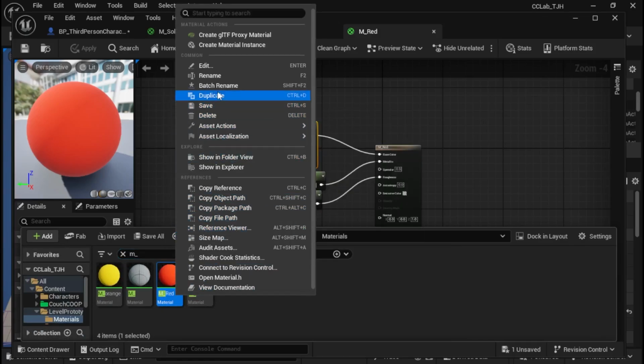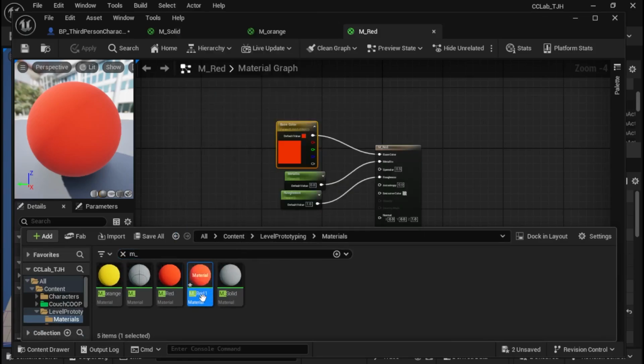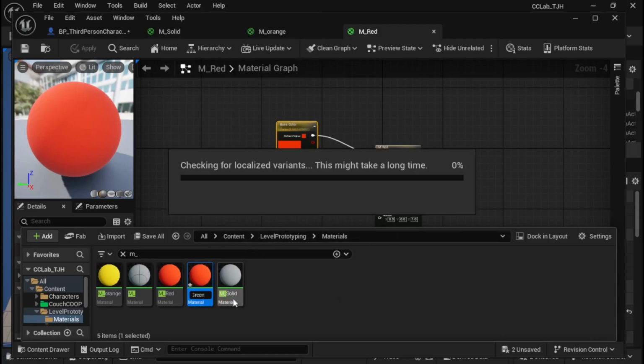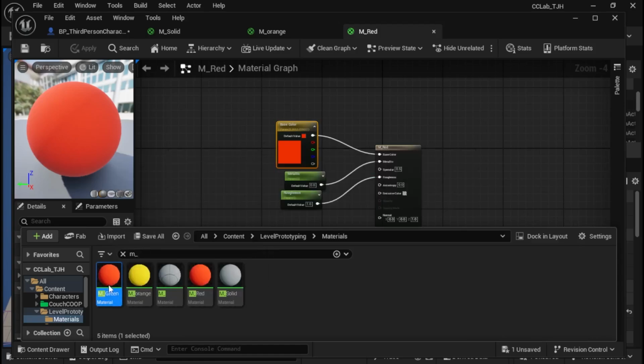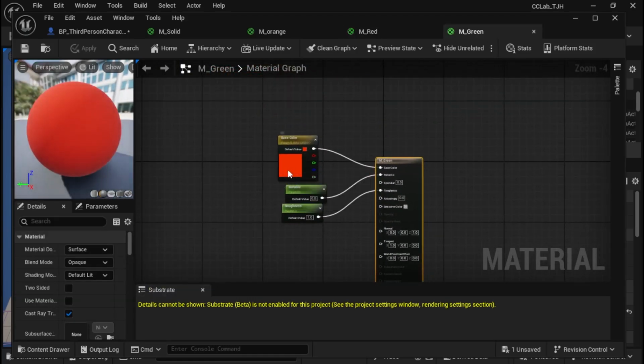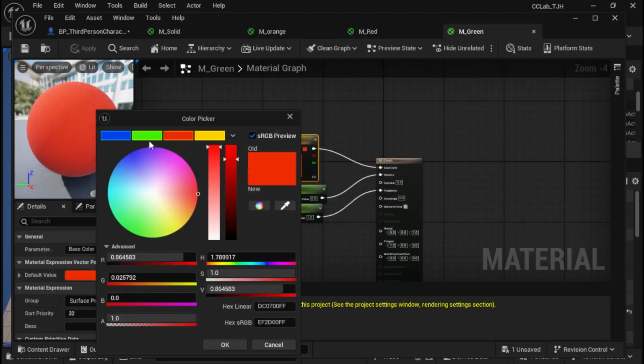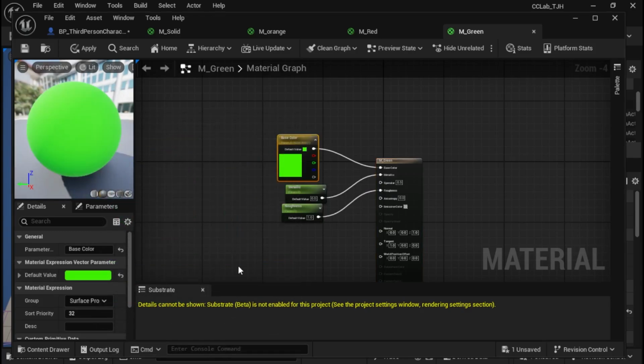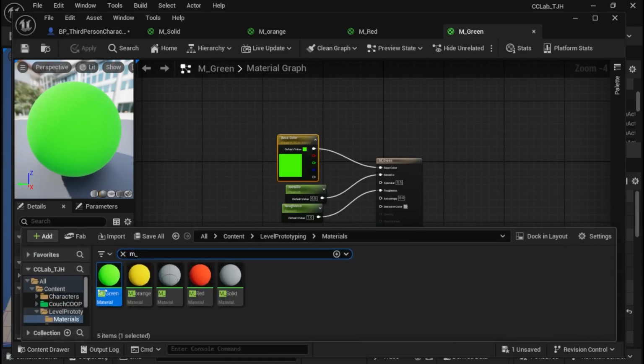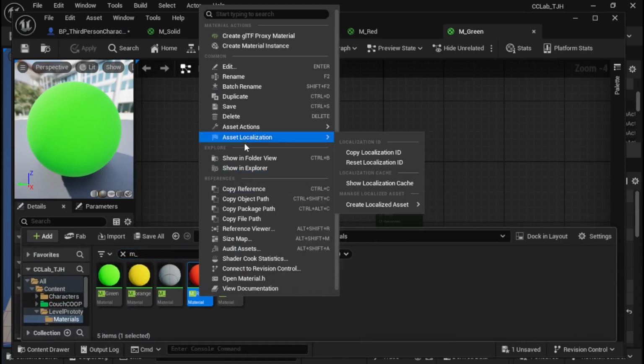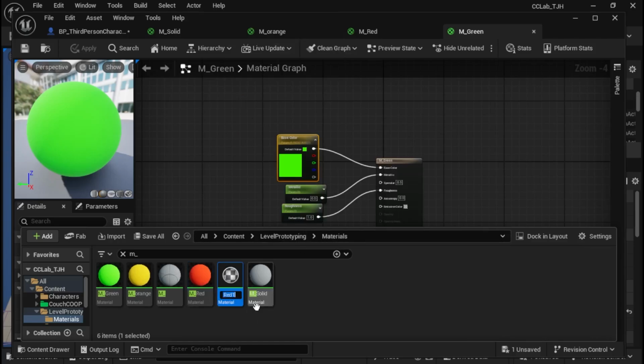Let's see, where's my duplicate? There we go. And this one, let me go ahead and change the name on that. We're going to do green. Okay, and we'll go in here. We've got our color. And I'm going to choose that nice shade of green there. Okay, looks good. We'll apply that. Save everything. One more. All right, so I'm going to copy the red, duplicate, and this one is going to